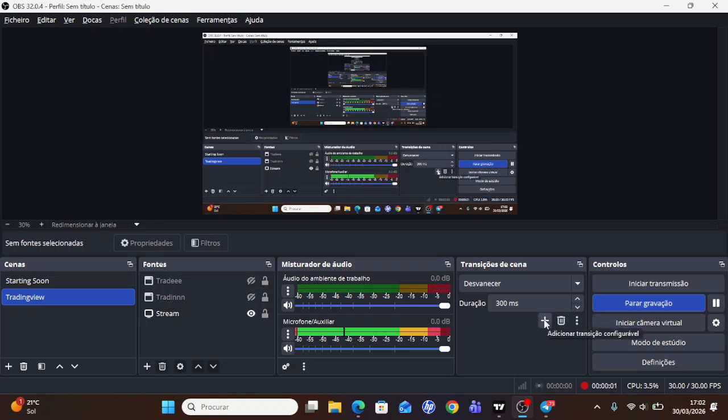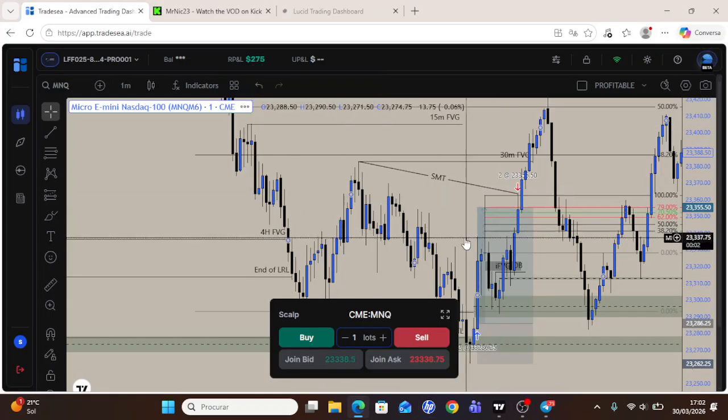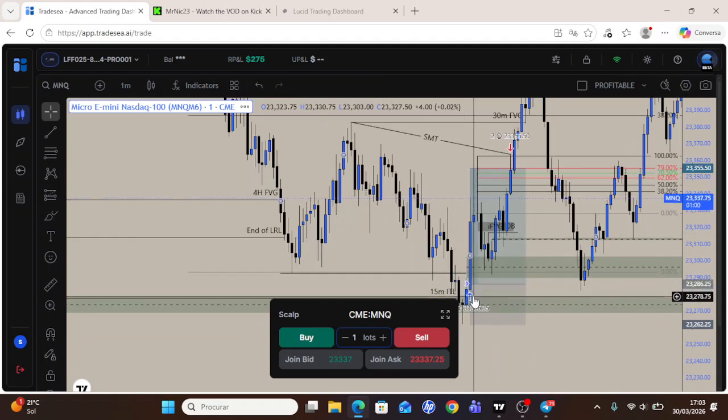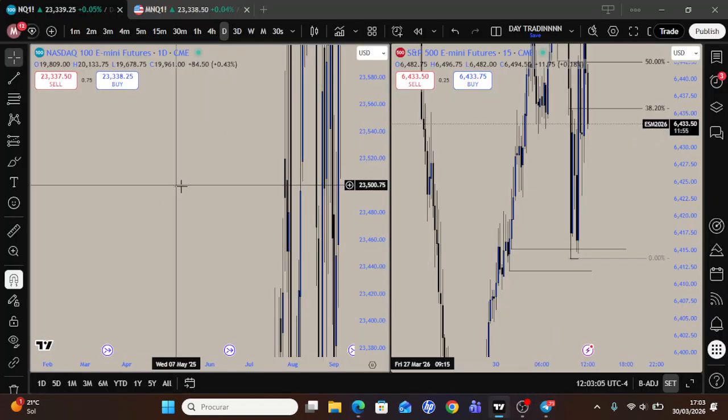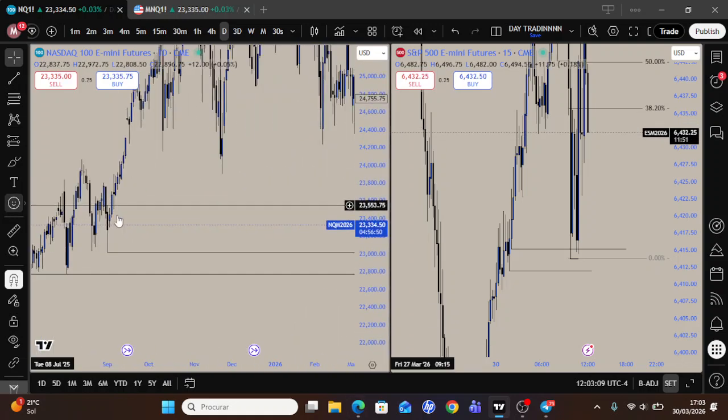Alright, so quick little trade recap of the day. This is going to be how I made $275 in this one trade right here, where I bought down there, sold up there. So coming into the morning, I had a bullish bias, and the reason why is because if you look to